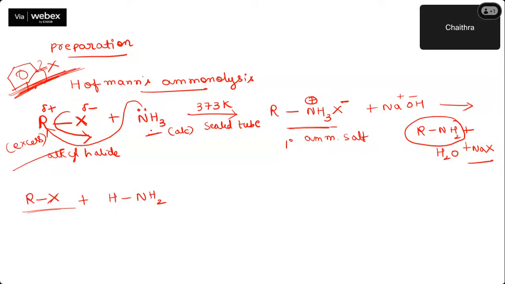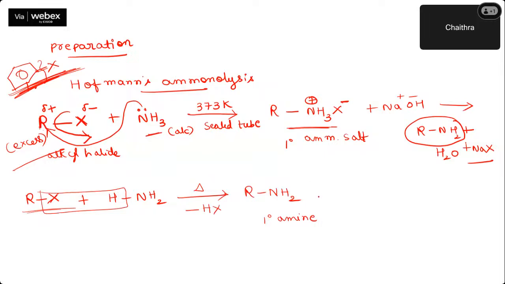Now, instead of writing NH3 directly, I have opened it and written it like this. Obviously, you have to heat it. Now, you remove HX. Keep doing this reaction till all the hydrogens are replaced. Can you tell me what product is formed in this case? I get RNH2. I got a primary amine in the reaction.